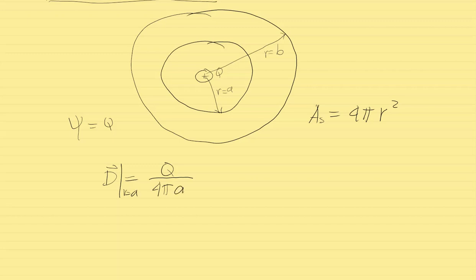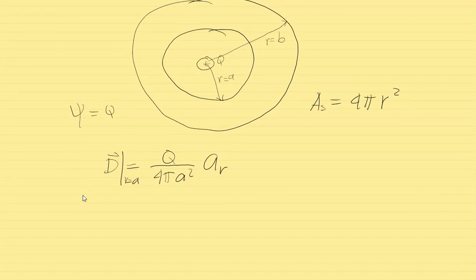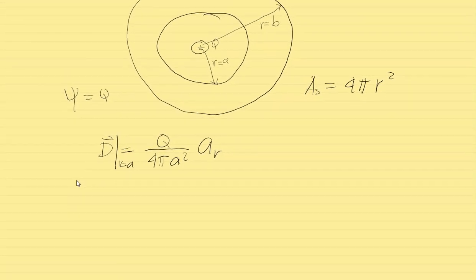And the direction, in the spherical coordinate system, is just the radial direction, outward. So that's the electric flux density at r equals a, or the inner sphere. For the outer sphere, r equals b, the answer is